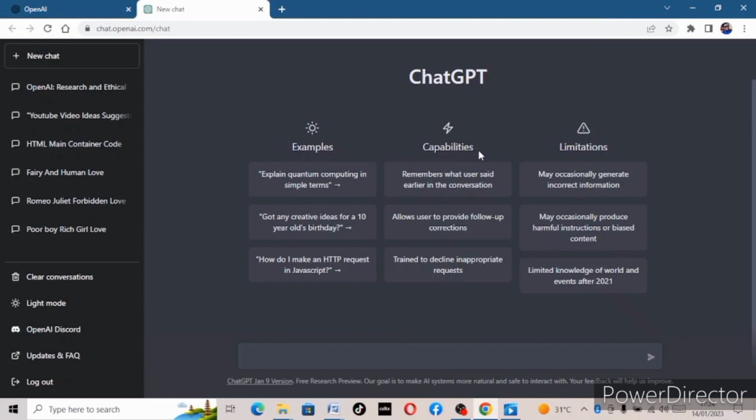It also tells you that it may occasionally produce harmful materials. Yes, I've tested this sometimes. For instance, there was a time it gave me something that scared me a little bit. I'm not going to tell you what exactly it was, but it was a direct statement that it just gave as feedback, and it made me look scared a little, but it is a machine. It is not programmed like your brain to know what scares you or what doesn't scare you. So it may give you harmful instructions